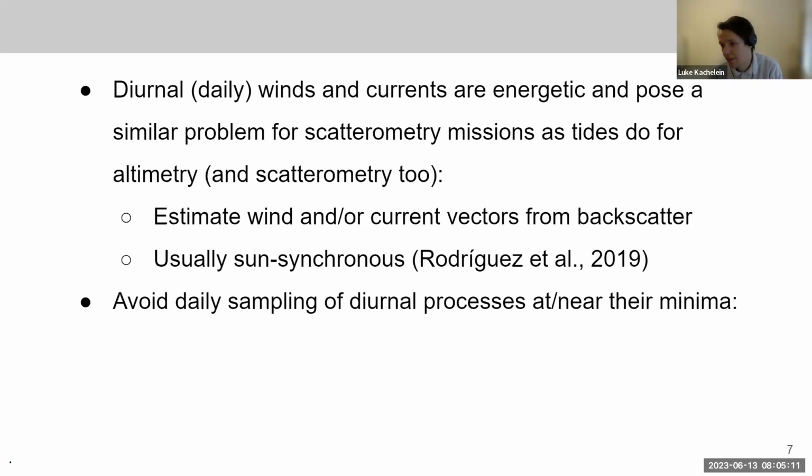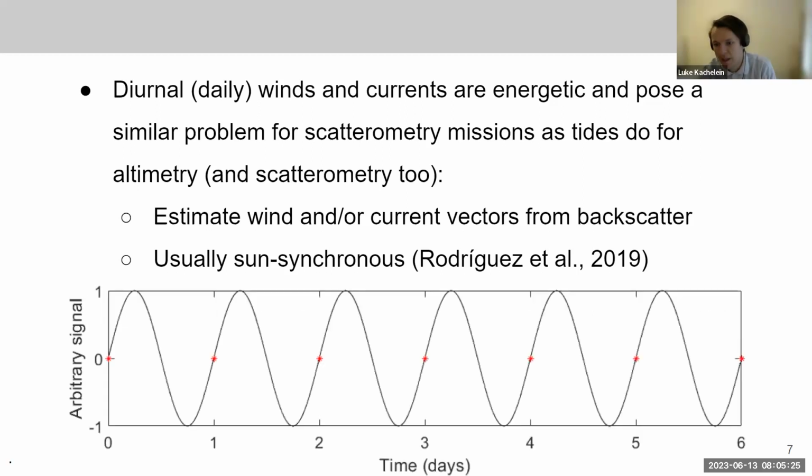And because of that, because it's daily, which is as fast as the cycle is, you're not going to get a very good picture of that. In fact, if it is sun synchronous, you will end up sampling the diurnal at the Nyquist frequency. So you'll always be hitting it at its minimum or maximum or nadir, at a node, basically, or across a zero. And this is what you want to avoid, because then you have this entire energetic process that happens daily,